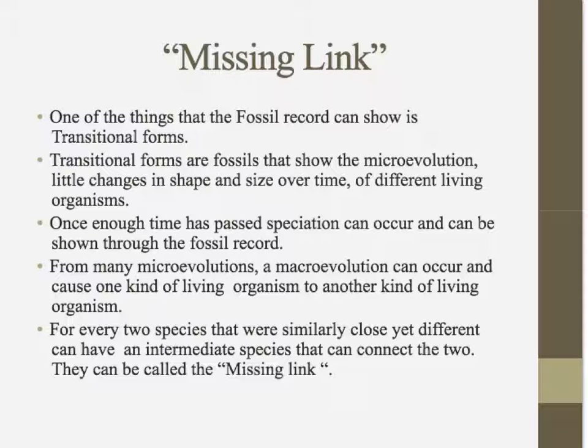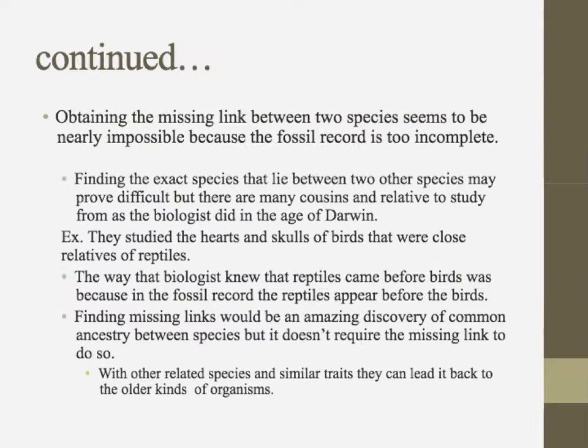For every two species that are similarly close yet have different traits, there may be an intermediate species that can connect the two. It can be called the missing link. Obtaining the missing link between two species can be nearly impossible because the fossil record is too incomplete. Finding the exact species that lie between two other species may prove difficult, but there are many different cousins and